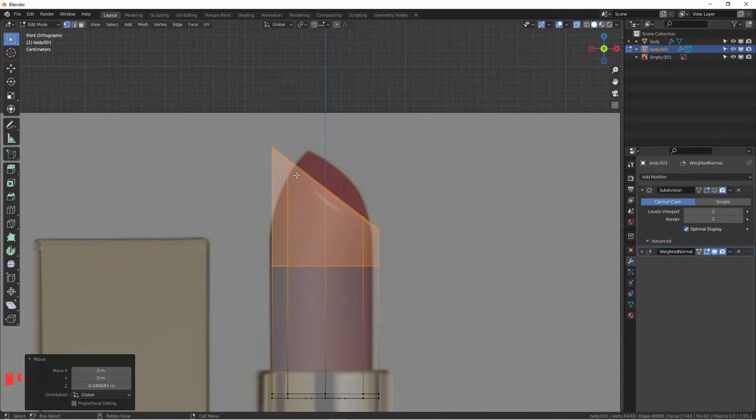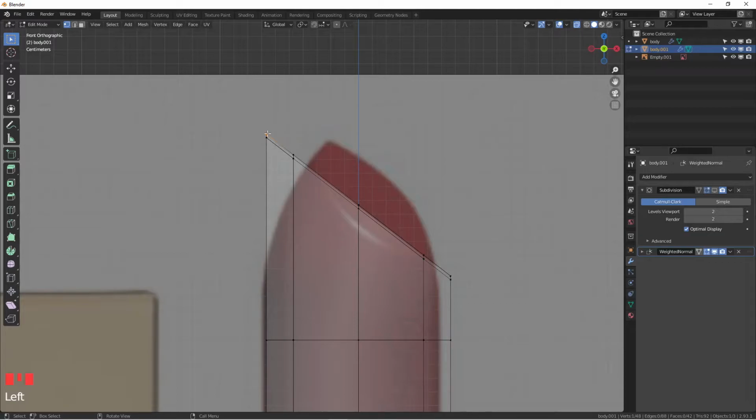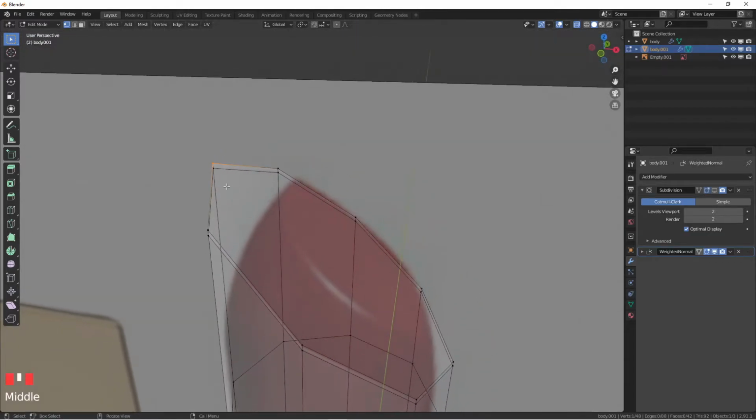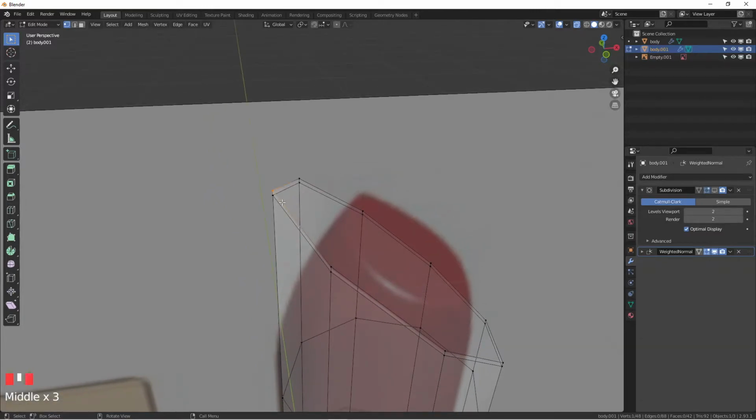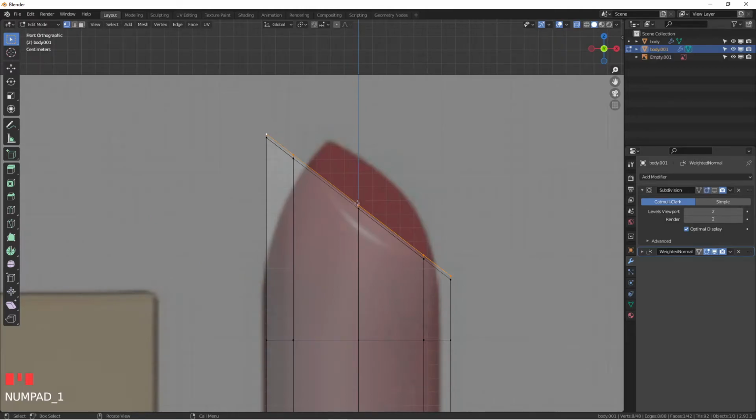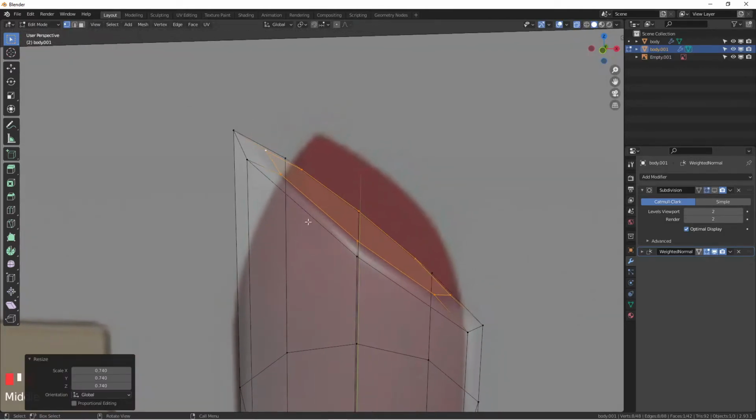Yeah, you can see that. And yeah, I know the shapes look a little bit different, but we'll fix that. The top part is a little bit tricky. We are going to Alt select the entire loop and get a smaller size,